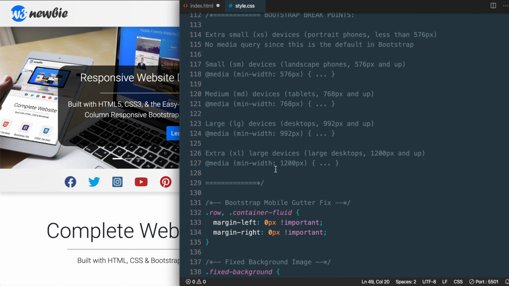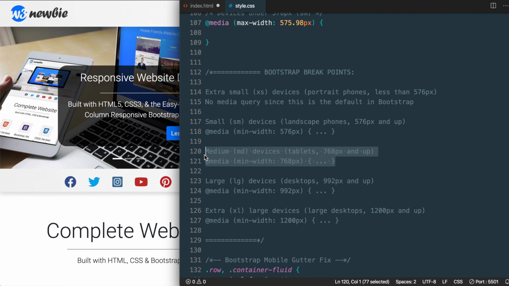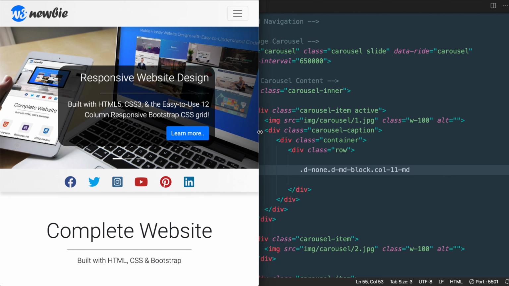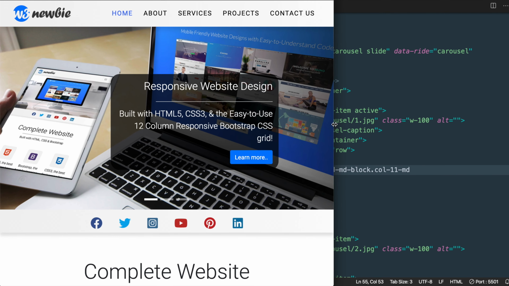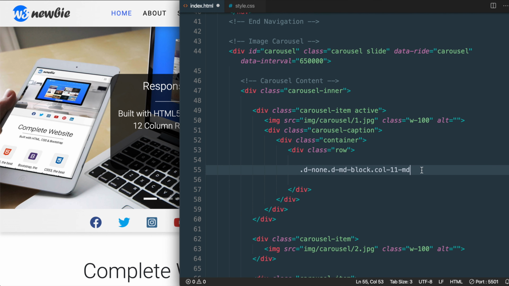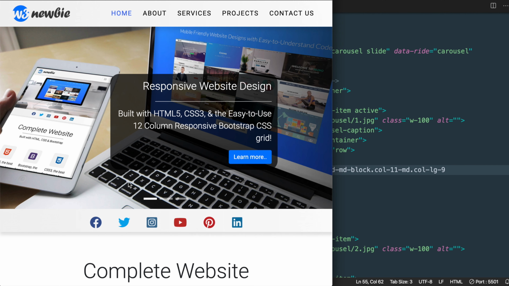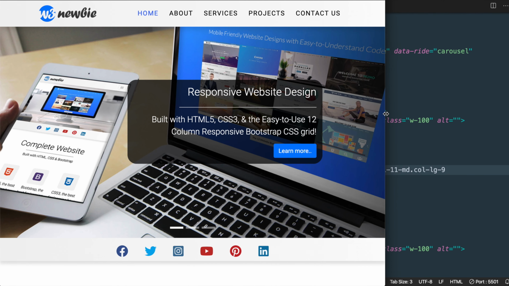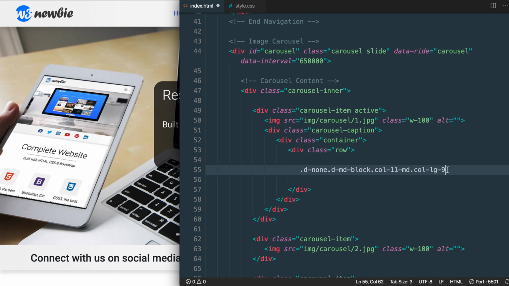And for reference, the medium screen breakpoint right here will be 768 pixels, and then we have md, which was referenced with col-md-12 or col-md-11. So next, let's add the breakpoint for the large screen width at 992 pixels, where we're going to use up 9 out of the 12 available columns by writing the class col-lg-9. Then the next breakpoint is going to be at the extra large screen width of 1200 pixels, where we'll use up 8 out of the 12 available columns. So let's write